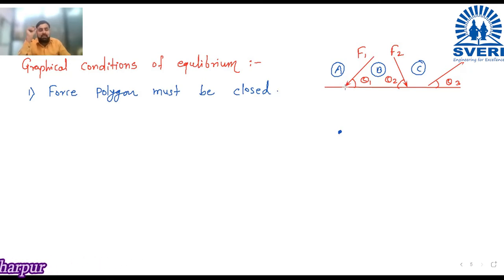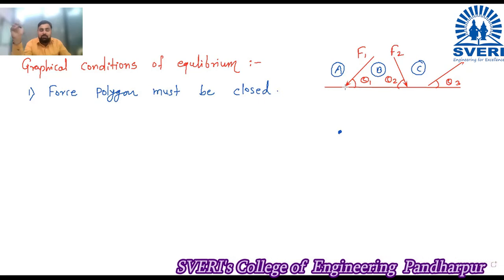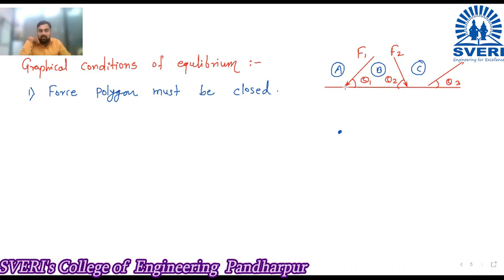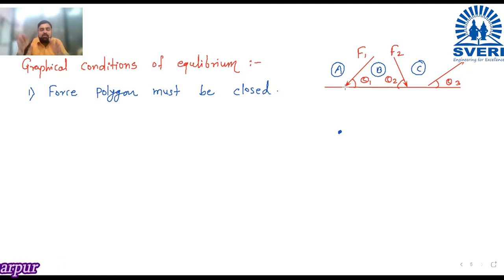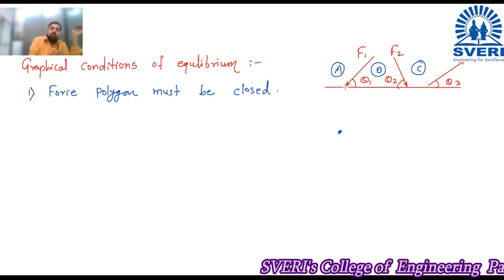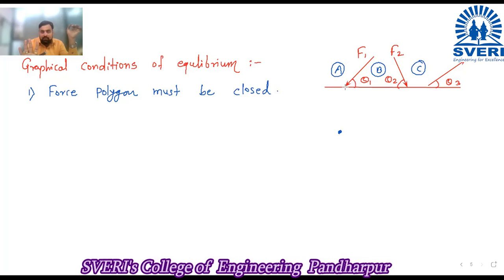And I will set the scale. I will set the scale, that is 1 centimeter is equal to 5 Newton, or 1 centimeter equal to 10 Newton. In that way, I will set the scale. Suppose now my scale is 1 centimeter equal to 5 Newton. Whatever I have set for this graph, I have set one scale. And suppose now this F1 is of 20 Newton. Then how long a line should I draw? I should draw a line of 4 centimeter. Is it correct? Yes, sir.